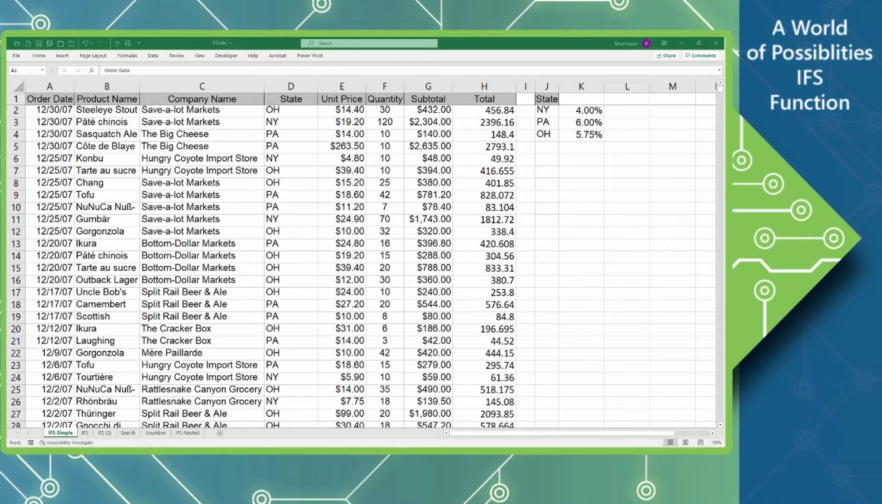Welcome to part 2 of our IFS series of videos. In this video, we are going to look at creating an actual IFS formula. Now, before we do this, we are going to take a look at the logic or the structure that exists